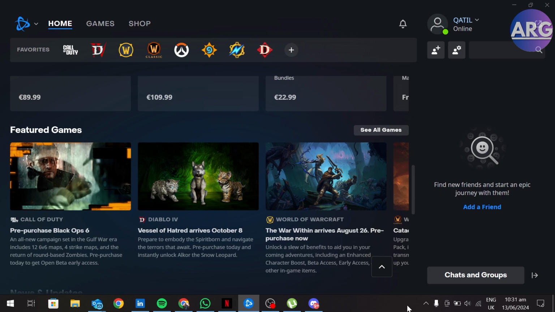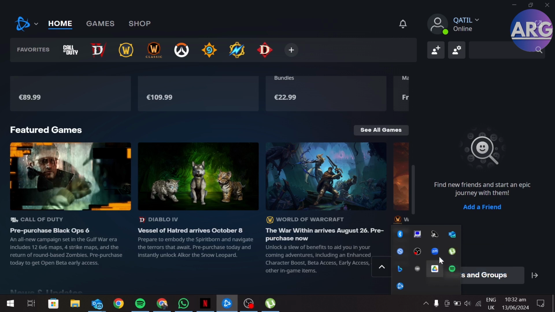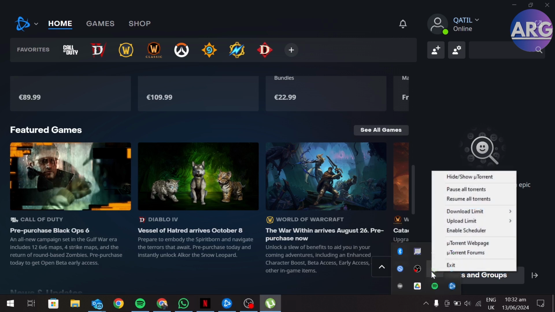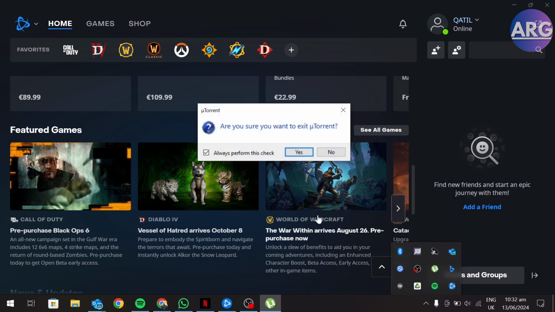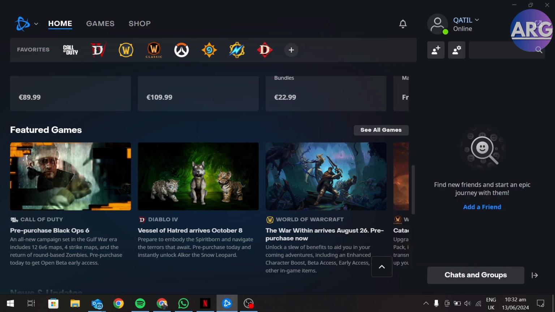And after this, if the issue is not resolved, close all the other applications which are using internet like Discord and LinkedIn and all the other applications which are using internet in the background. Close them and then you will see your download speed will be increased, and this is how you can download games faster